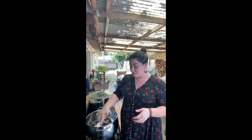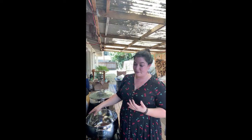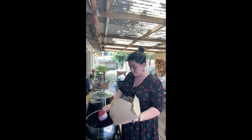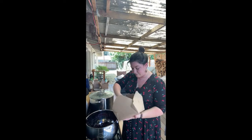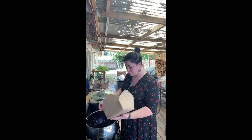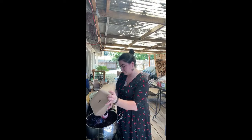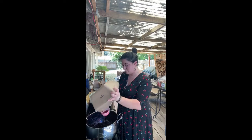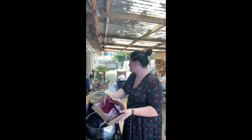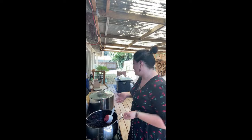You can get very creative. Don't use aluminum. If you have it, use enamel or use stainless steel. It's not going to affect your food very much, so that will be very additive-free jam or jelly that you